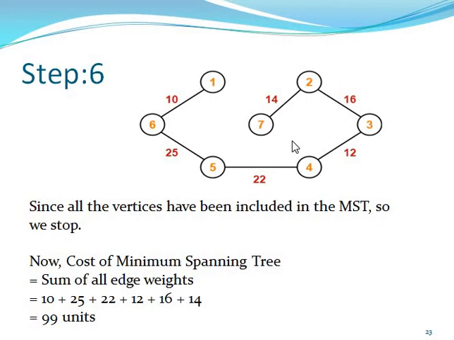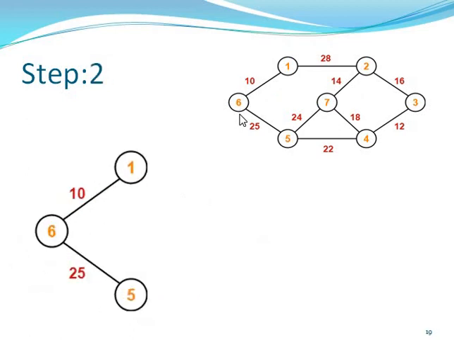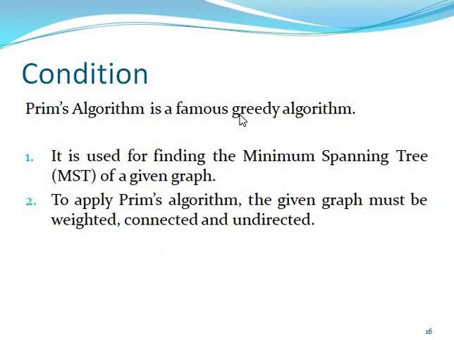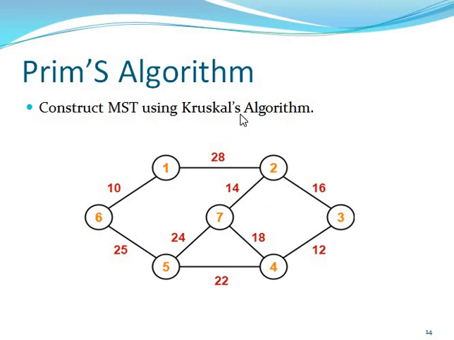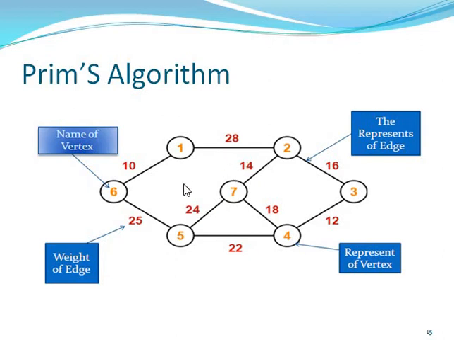So what is the condition? The condition is you can start at any point, but you mostly select the minimum weight, and don't create a cycle. So we can start and repeat what Prim's algorithm is. In the example given, we solve Prim's algorithm and the minimum spanning tree. So you can see this also.